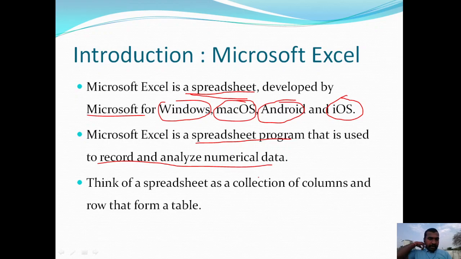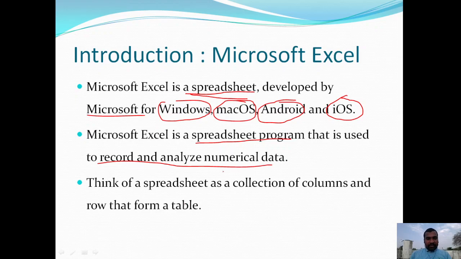Here numerical data means it may be any statistical data, any numerical data, that we are using to analyze. This analysis can be used in further decision making processes.